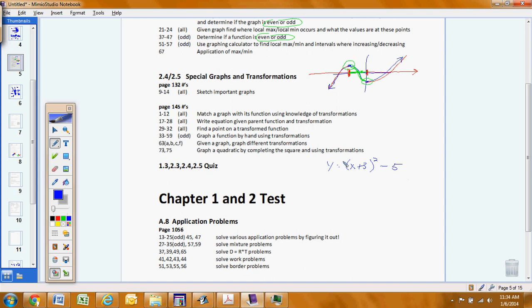And remember, the number out in front just affects the opening. So if there was like a 4 out in front, that means it would be skinnier. If there was a 1/2 out in front, it would be wider, so it would open up wider. And if there's a negative out in front, it would open down. Just those things. So we might have to complete the square to get it in this form, because maybe